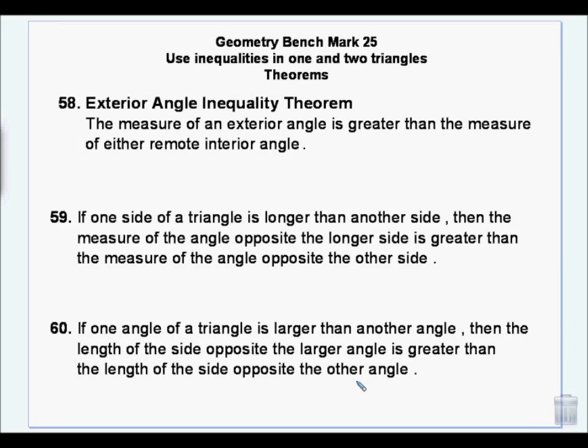Alright, so we have some inequalities in 1 and 2 triangles theorems, okay? The exterior angle inequality theorem says that the measure of an exterior angle is greater than the measure of either remote interior angle. And I don't know if you remember this or not, but we had a theorem that said